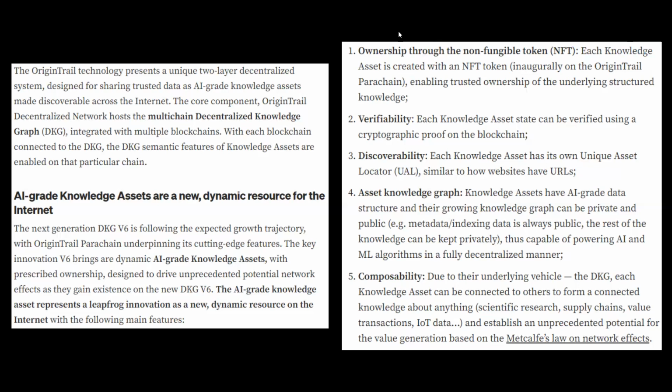created with an NFT token inaugurally on the OriginTrail parachain, enabling trusted ownership of the underlying structured knowledge. Verifiability, so each knowledge asset state can be verified using a cryptographic proof on the blockchain. Discoverability, each knowledge asset has its own unique asset locator, UAL, similar to how websites have URLs. There's an asset knowledge graph, so that knowledge assets have AI grade data structure, and their growing knowledge graph can be private and public. Some examples would be the metadata or indexing data is always public. The rest of the knowledge can be kept privately, thus capable of powering AI and ML algorithms in a fully